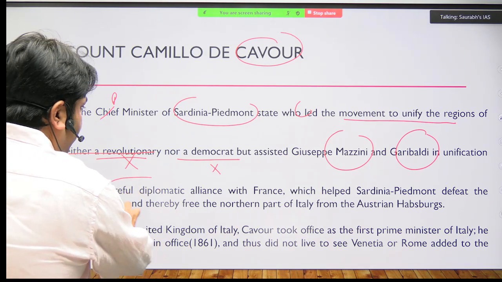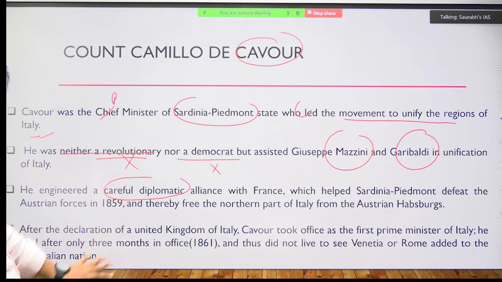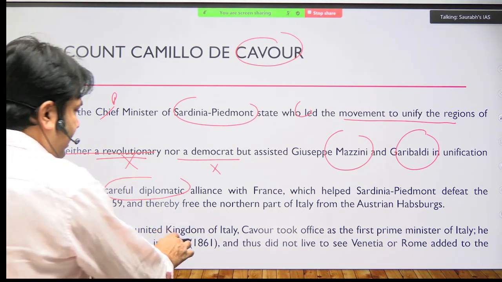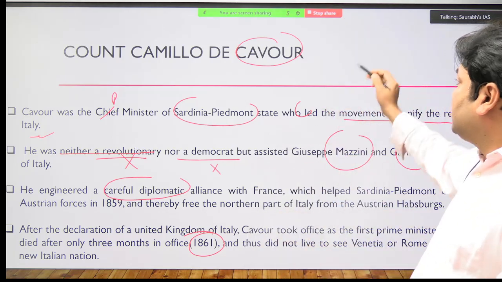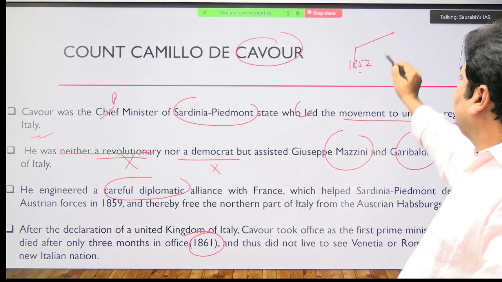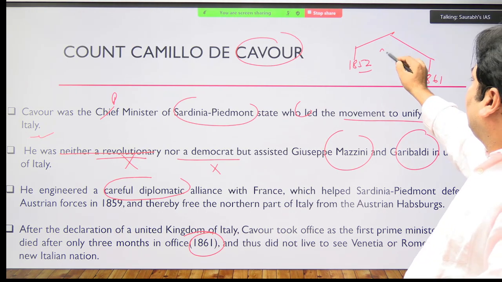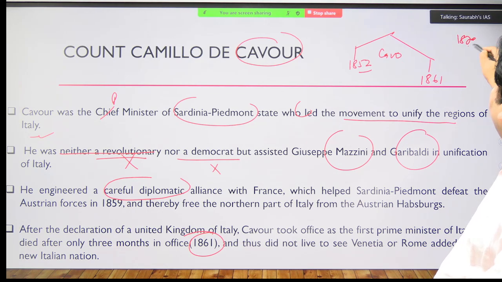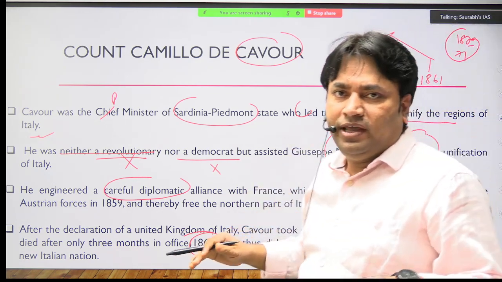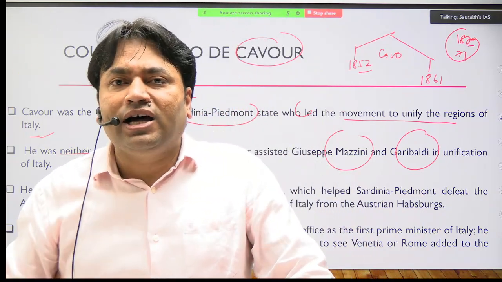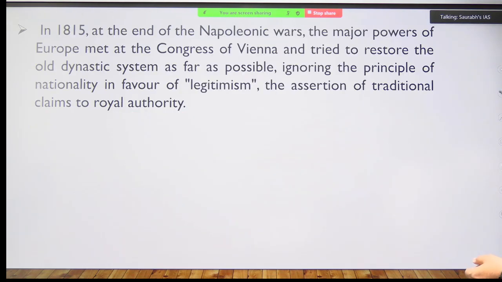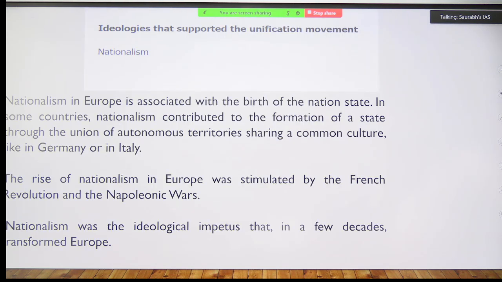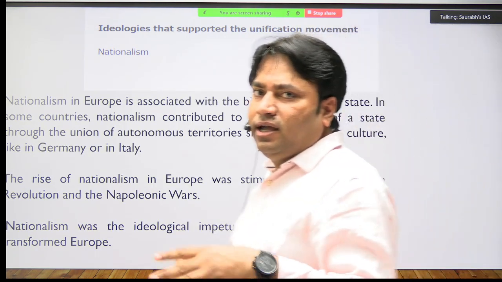He is known for his careful diplomatic approach, which diplomacy I will discuss later. Okay, and he died in 1861. 1861 में ही इसकी डेथ हो गई थी. Means he could not see the complete process of unification of Italy. 1852 to 1861 Cavour was there, but he could not see the complete process of unification of Italy. But still what he did helped a lot in completing the task of the process of unification of Italy. उसने जो कुछ भी किया उसने इटली के यूनिफिकेशन के टास्क को कंप्लीट करने में बहुत ही हेल्प करी. ओके, so now these are the important points. Now let's look at here again some ideas. Then I will enter into the topic.